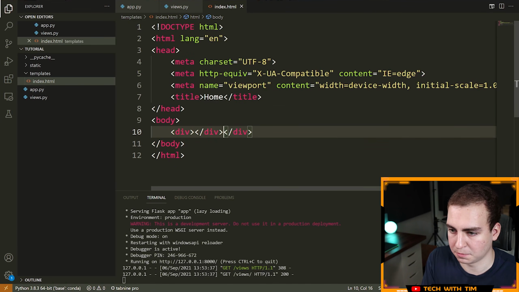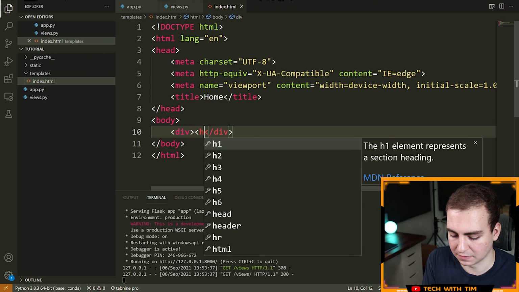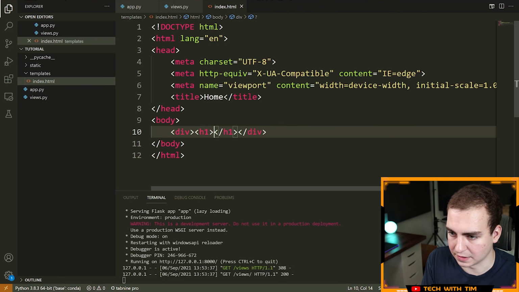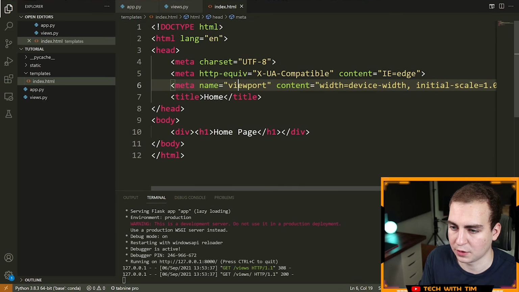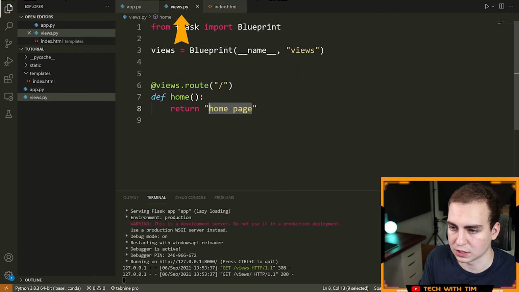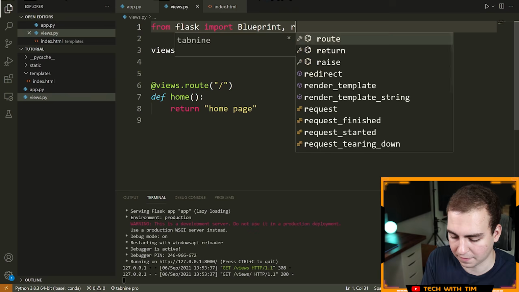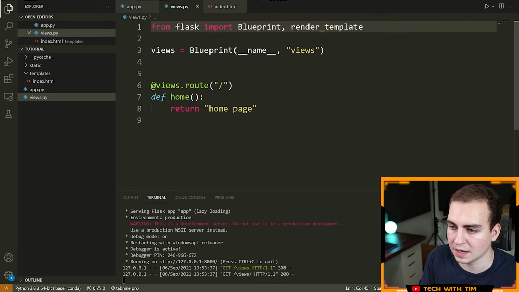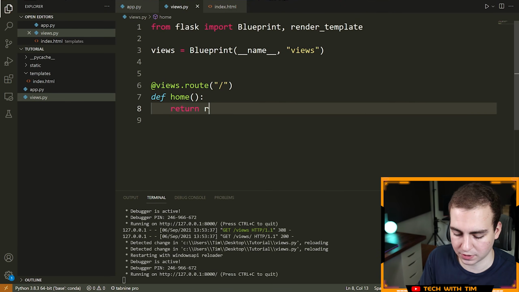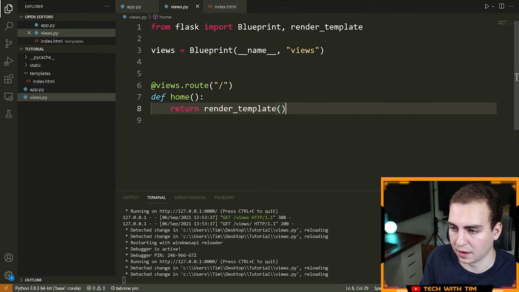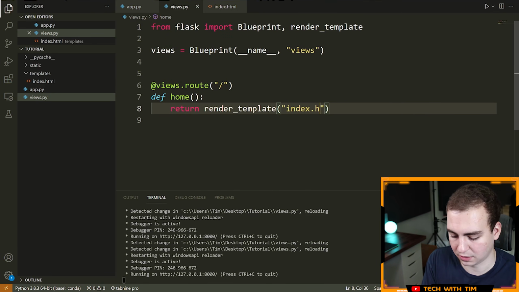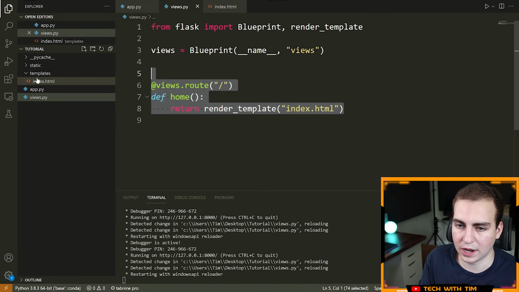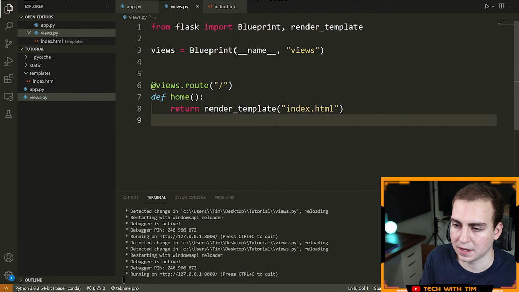Inside of the body, I'll put a div, and inside of the div, I'll put an h1 tag that just says home page. All right, so now let me show you how we actually render this page. The way that we do this is we go to views.py. We need to import from Flask render template. And now instead of returning a string, we return the render template and we put the name of our template. So I just put index.html,